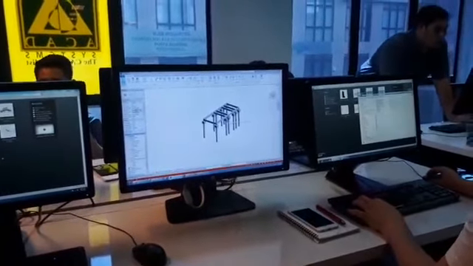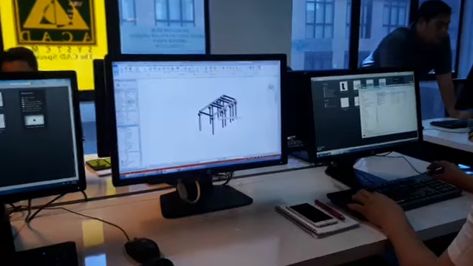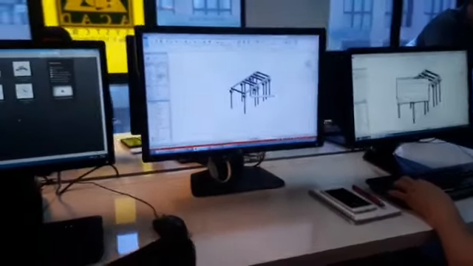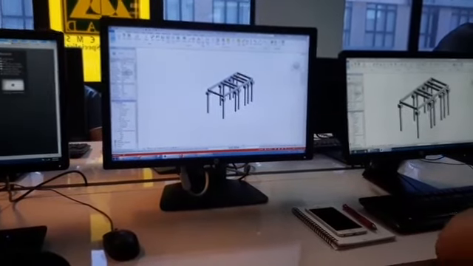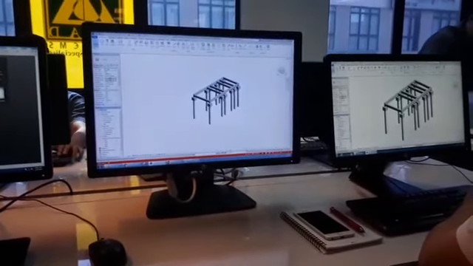So now, usually in the design stage, in order to generate the walls, doors, windows, we leave the structure at the